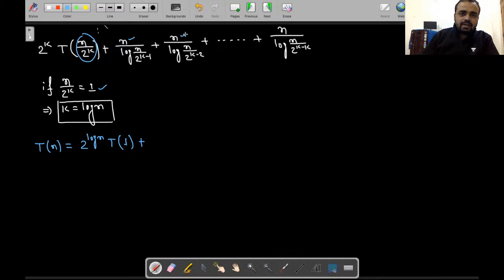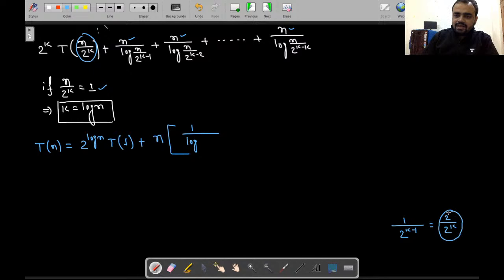here n is common in all the terms, so we will take the n as common. So ultimately it is becoming 1 by log of, please try to understand what I am trying to write here. You can write, see, whenever there is written 1 by 2 to the power k minus 1, you can write it 2 divided by 2 to the power k. So same thing I will apply over here. So please try to understand. Here n by 2 to the power k minus 1, so we can write